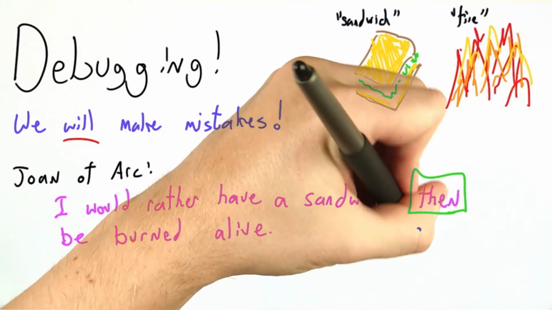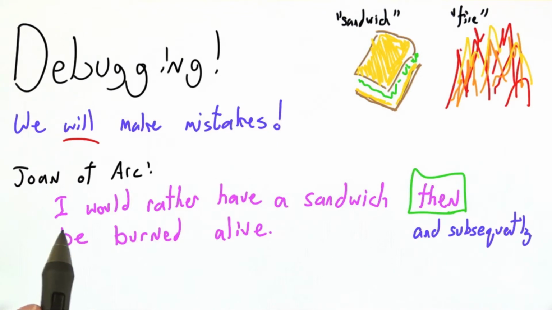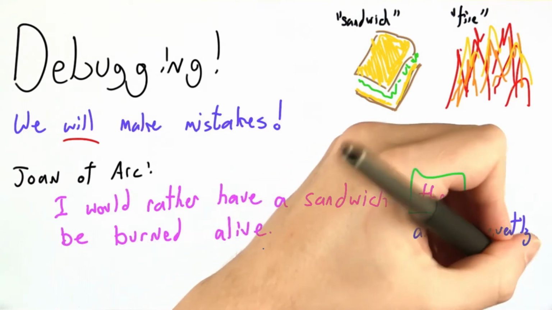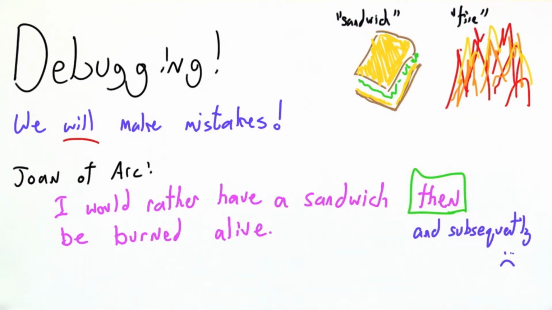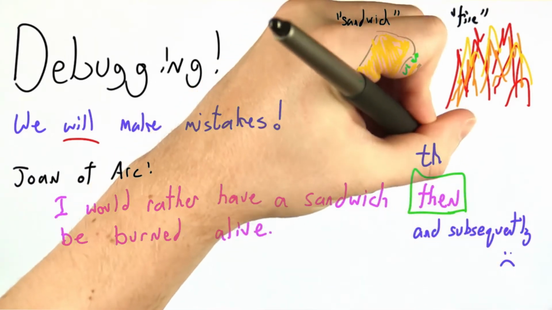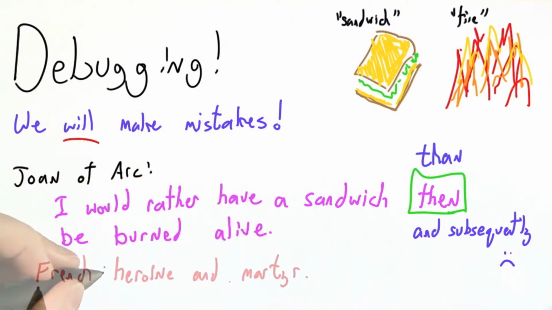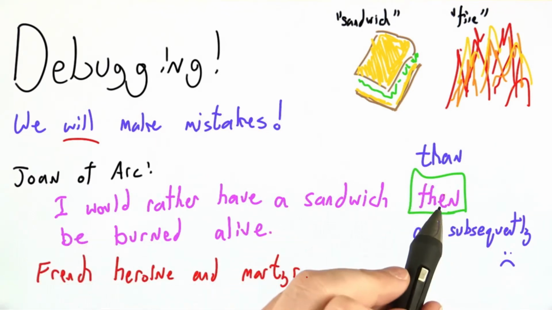Then actually means "and subsequently." For most of us, "I would rather have a sandwich and subsequently be burned alive" is not actually what we would go for. So the difference between then and than, a single word in a natural language, changes the meaning almost entirely. Joan of Arc was a French national heroine and martyr, and although it's easy to imagine these sorts